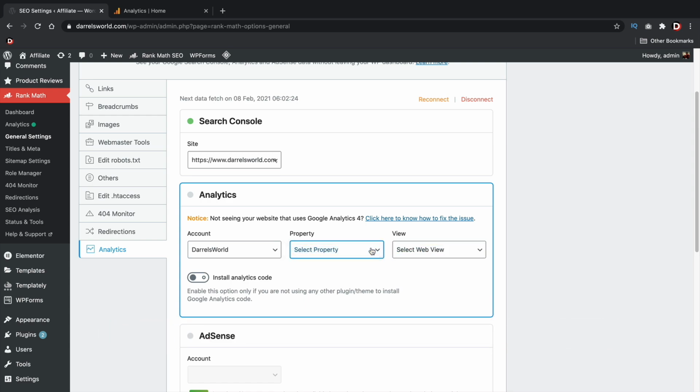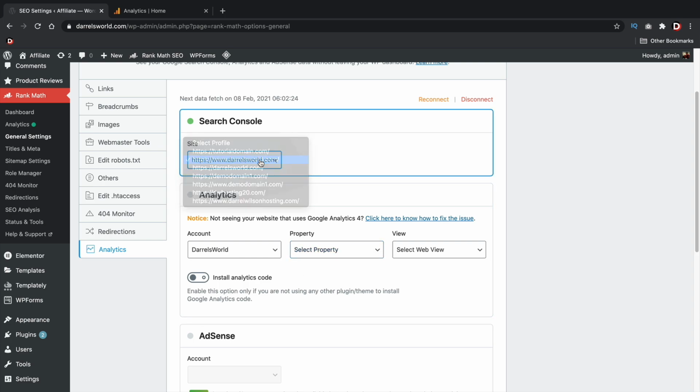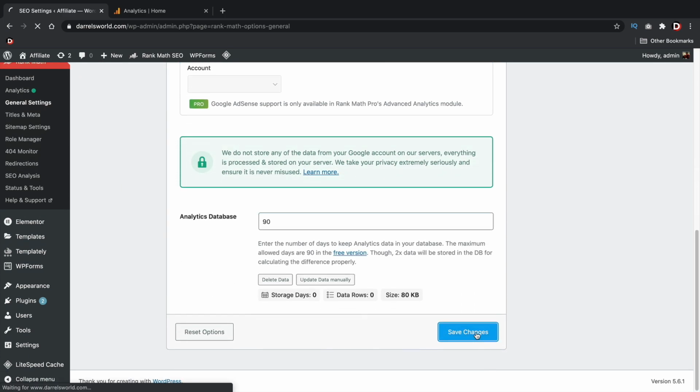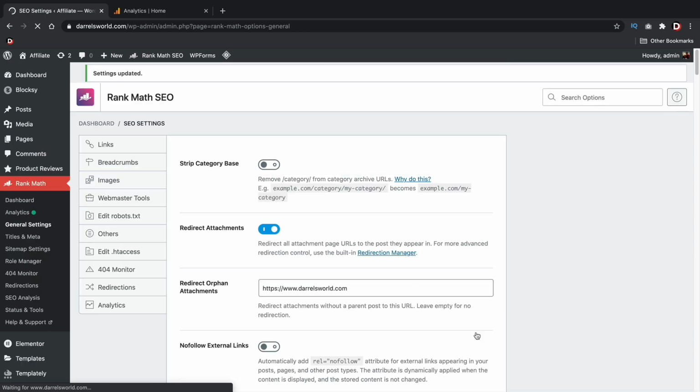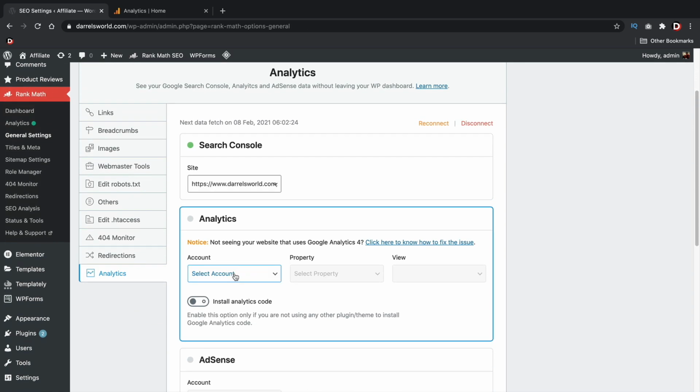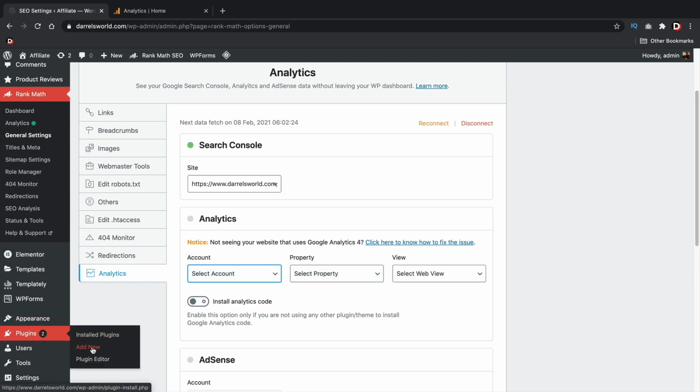So if this does happen to you, I'll go ahead and show you a quick fix on how to display Google Analytics onto your dashboard. So here I have the actual Search Console information and then the analytics. I'll scroll down and click on Save Changes. Now there is a plugin created by Google, so if this does happen to you, I'll show you how you can still add Google Analytics onto your WordPress website. Now, not really sure why that is, but I'll just go ahead and walk you through